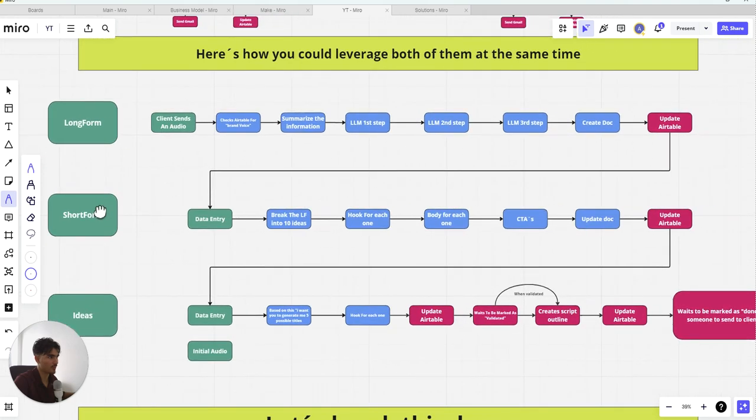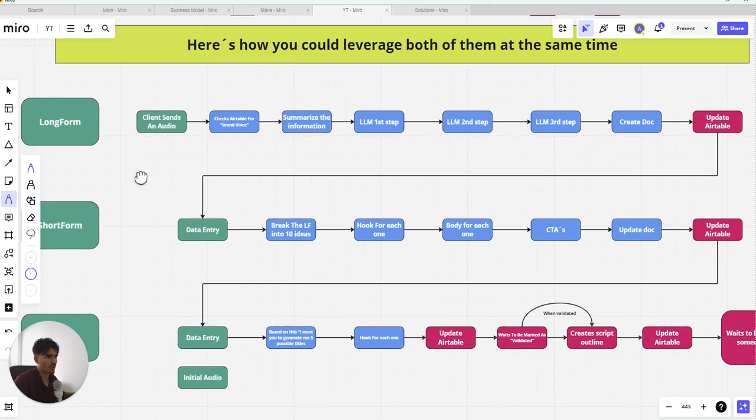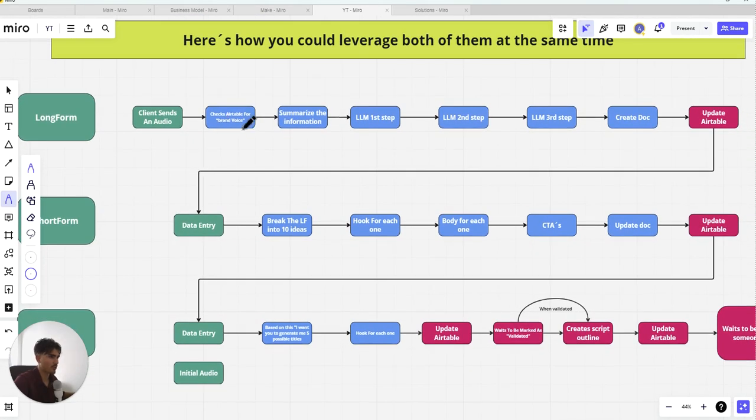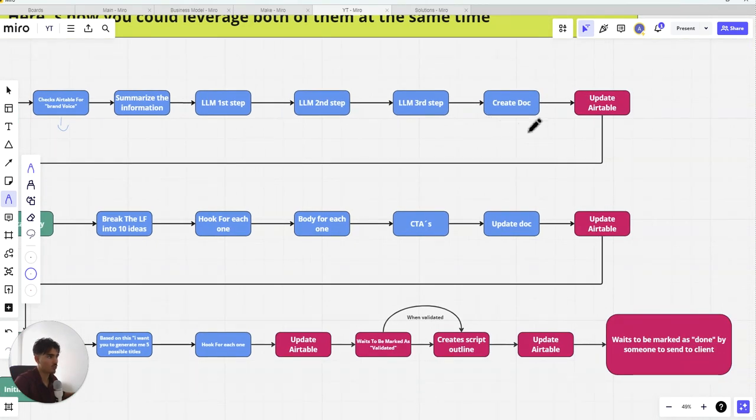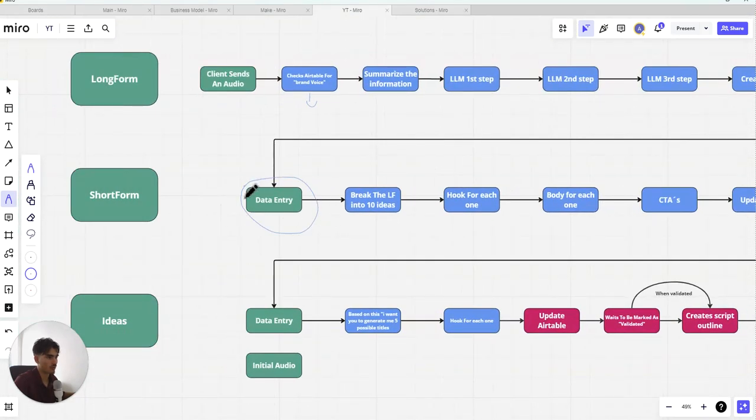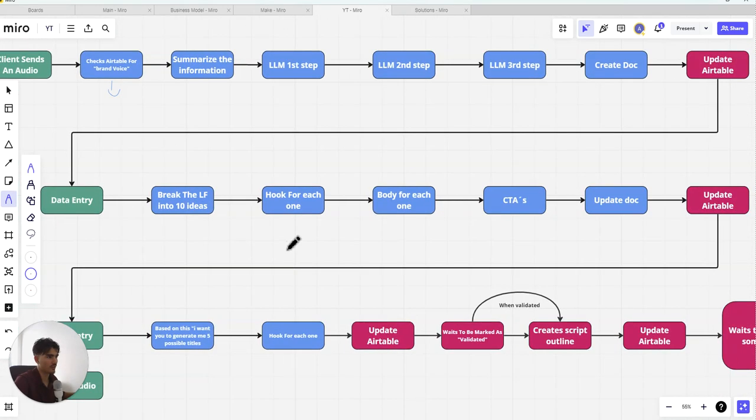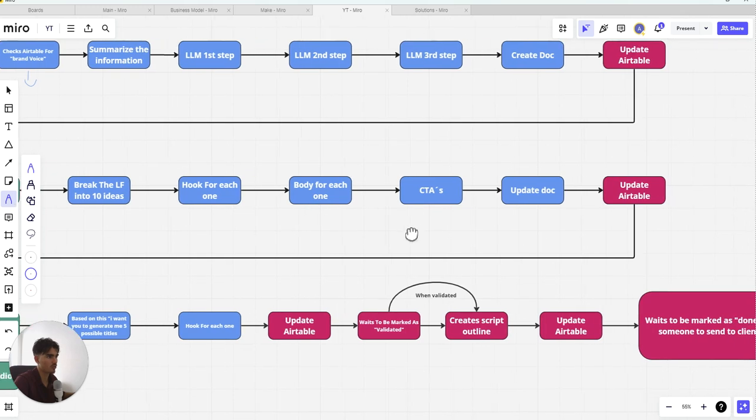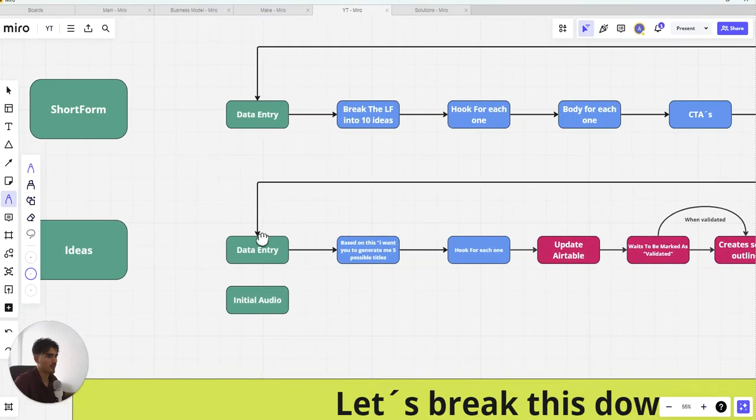So continuing with the example that we are following, long form, short form ideas. We start with long form where the client sends an audio. You can check Airtable for brand voice, so the bot writes in the way that your clients normally speak. Then you would summarize all the information, the steps I've outlined. You would create a doc, you would add that doc to Airtable. The short form one would start, which is always looking for a new row on Airtable. You'd break the long form into 10 ideas, you would create a hook for each one, a body for each one, a CTA, you'd update the doc, you'd update Airtable, and then